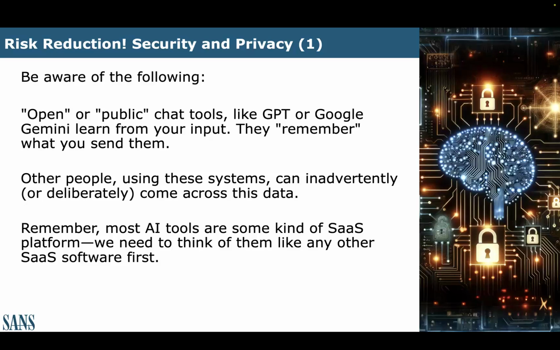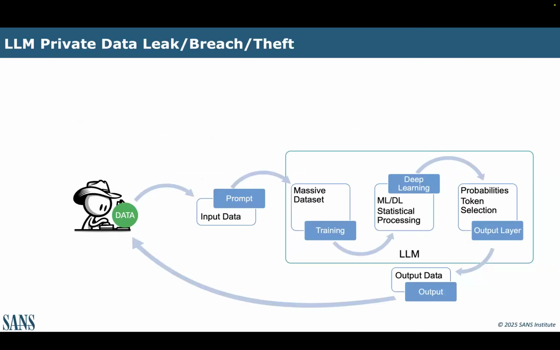Lastly, remember AI tools are just SaaS software in most all cases, not always, but mostly. So all these tools are software running in the cloud somewhere. If you're at an organization and you want to use one, it's got to go through a security review. At our organization, it also has to go through an AI review to see if it's appropriate use and appropriate risk management for that piece of software. So both a security review and an AI review. Here's a little example of how that happens.